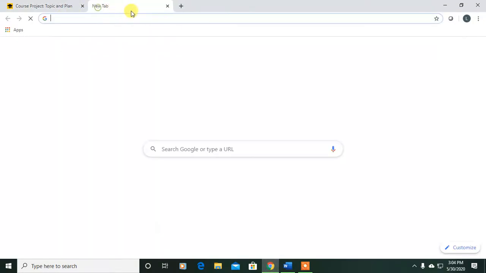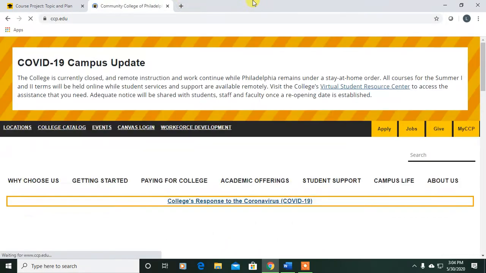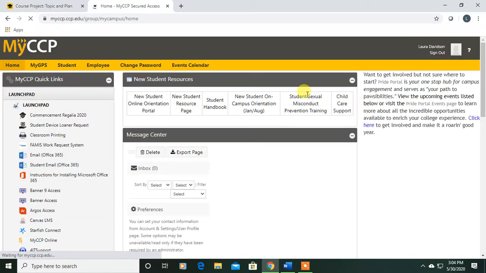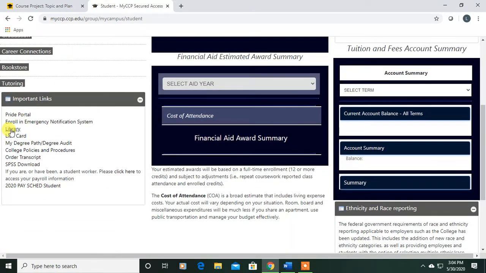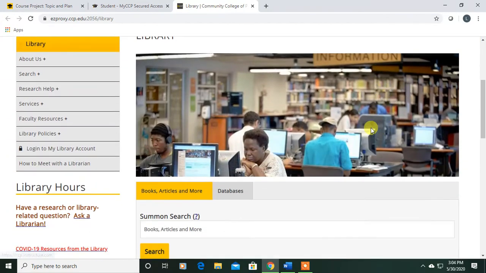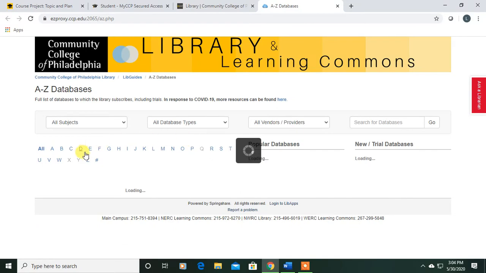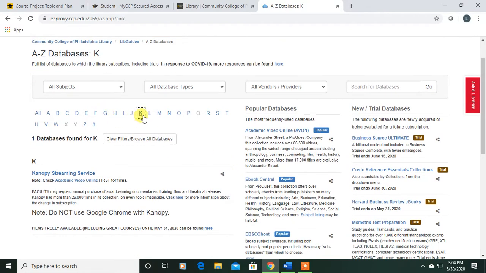We need to go to the CCP website. We need to go to the Student tab. Okay. Important Links Library. All right. Go in that way. Databases, A through Z, and we're choosing Canopy. Now, the first time I did this, I had to actually log in twice, so you may need to log in again. Click on Canopy,